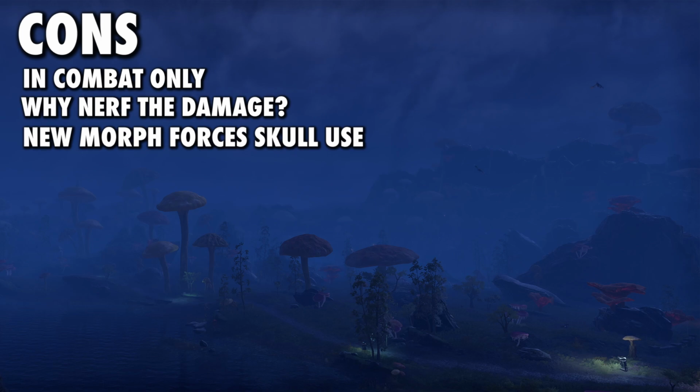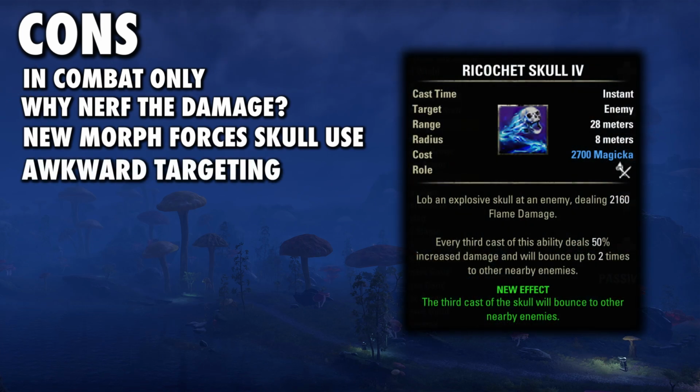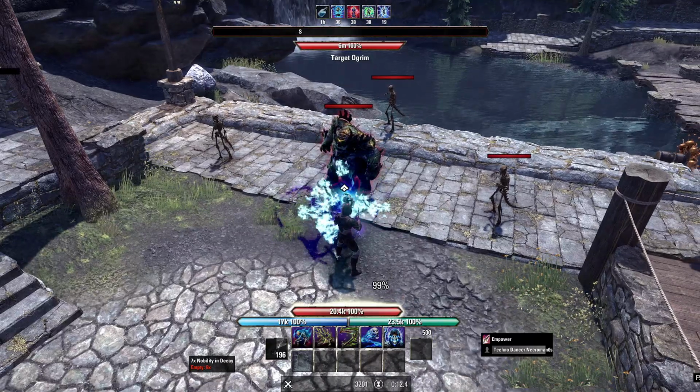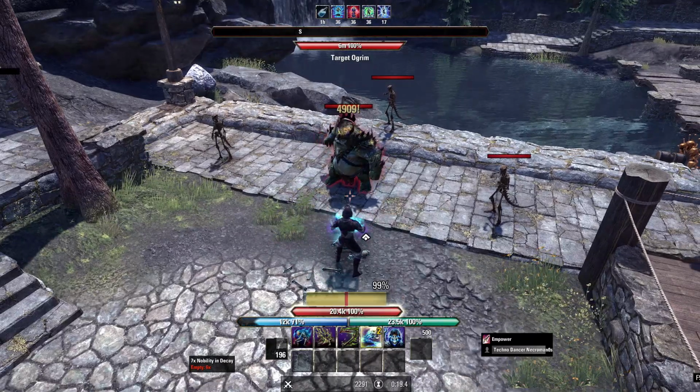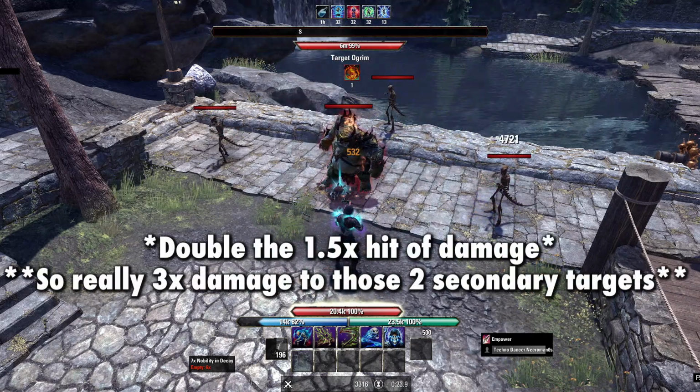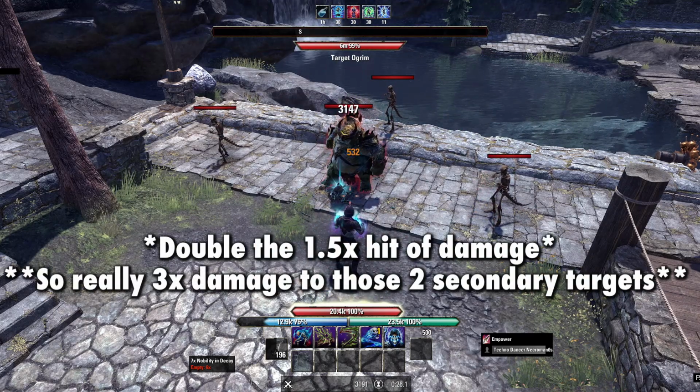Next up for the cons, another thing I alluded to earlier that is kind of awkward is with the Ricochet Skull morph of Flame Skull. This one already bounced to 2 nearby targets on the third cast, so now you not only get that extra damage, but the extra AoE from the third cast with Gravelord's Sacrifice active. So this is kind of cool. You get double damage to targets in range for that bounce, but neither the AoE or the bounce hits an